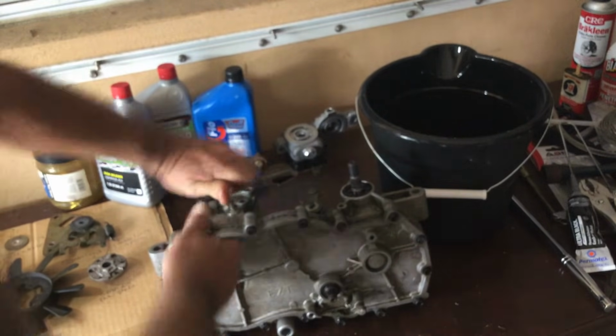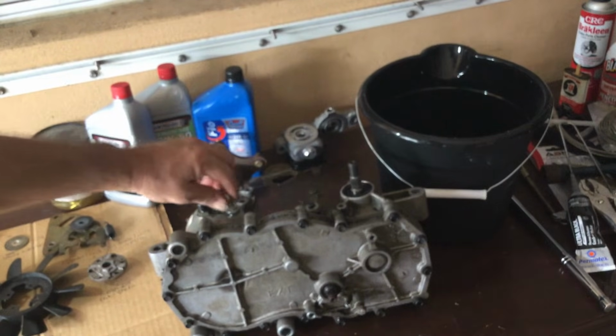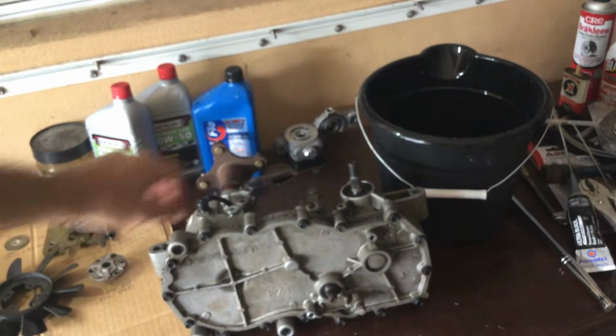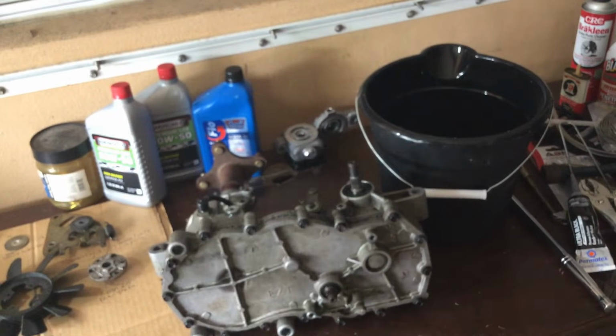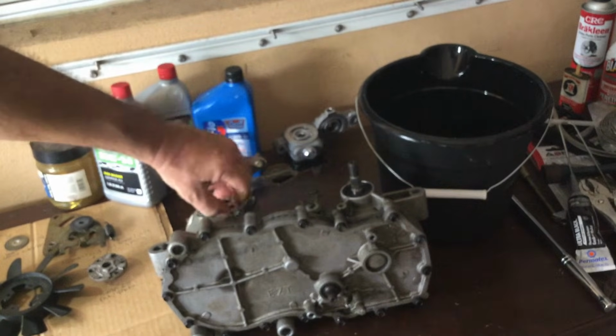Basically just an Allen key. The one that was on here before, this is a new one. I just replaced it just because I'm dumb and felt like I needed a part for it. The one that was on here was another rough one to try to get off. I could not get it off with this piece. So if you're having the same issue, again, I would recommend getting an Allen key socket bit to do that. Maybe a breaker bar or probably just the socket wrench itself will work. So once you have this bad boy removed,